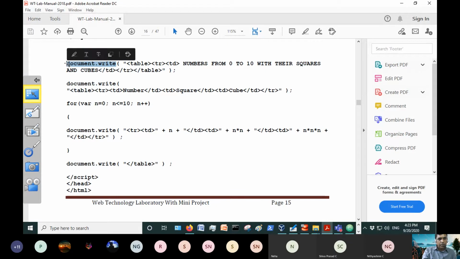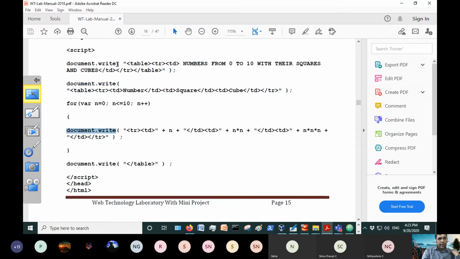Here we are using document.write, which is an object-oriented method. Similarly, the second time you have used it, and here also the third time.